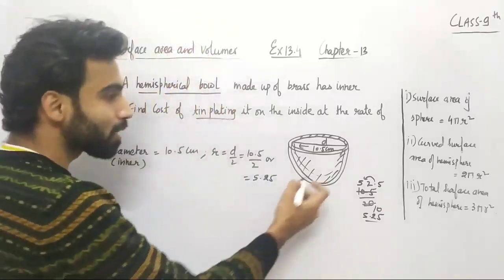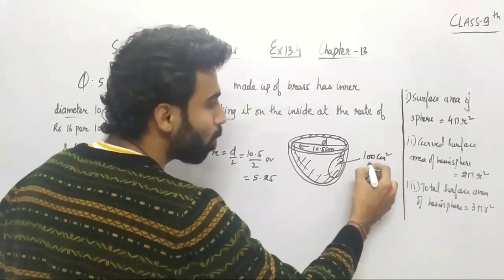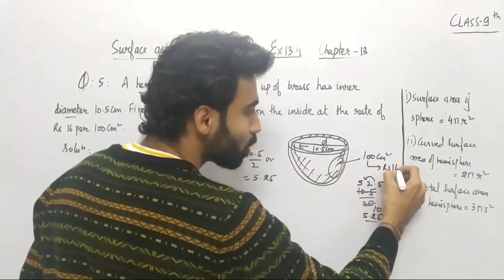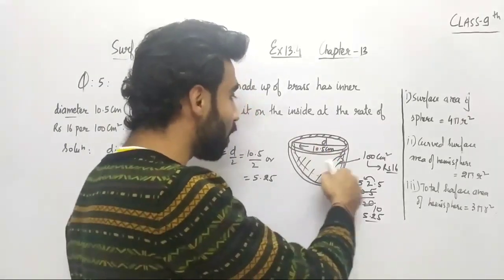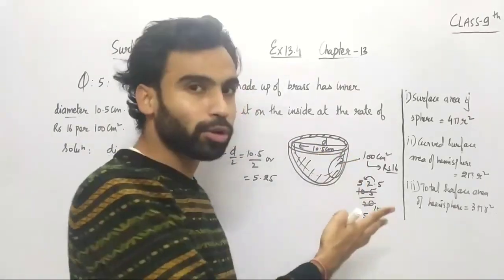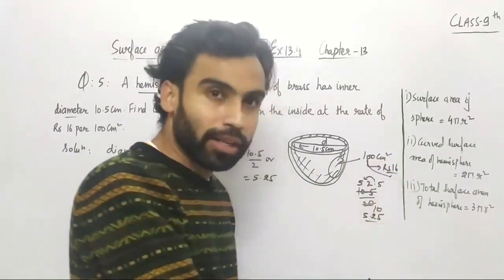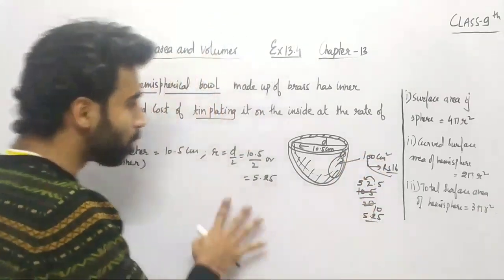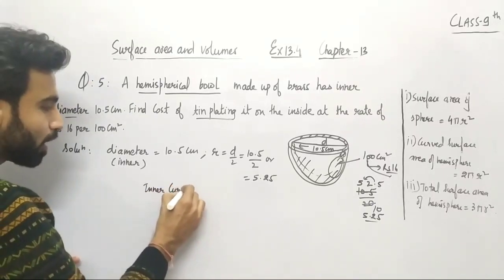Then we know that if I take this much part as 100 centimeter square, how much is the charge for plating it? That is ₹16, right? So here 16 rupees are charged for tin plating this much area. So how much will be the charge for tin plating the total inner curved surface area? Simply multiply it by 16 upon 100, right? That is the charge of 1 centimeter square, right? I will tell you later, but first of all we have to find out the inner curved surface area,